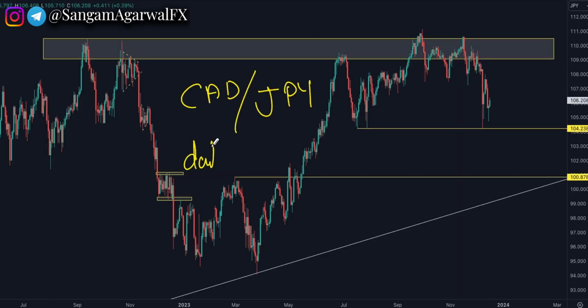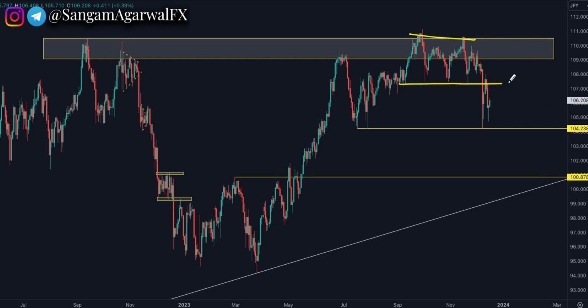If you see CAD JPY daily time frame, then same thing is here, crystal clear horizontal support and resistance. And since this pair has JPY and you have BOJ monetary policy decision this week, you can expect big price action this week. And in fourth attempt, it break out 108 support level, retested, and now trying to make new